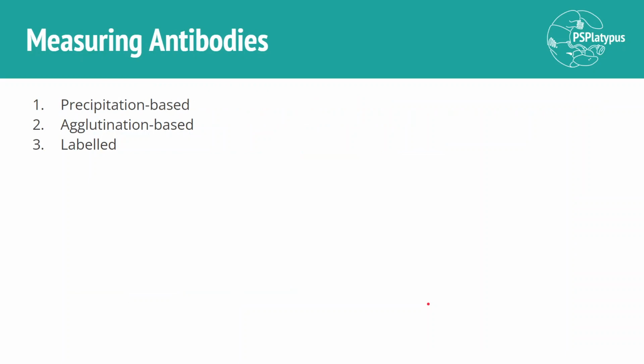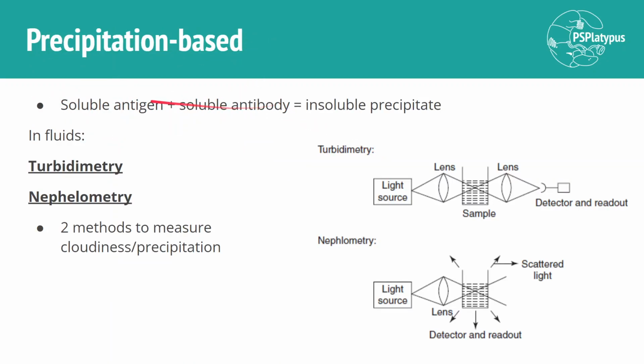Okay. This is going into the diagnostic capability of a monoclonal antibody. So when we see antibodies in the blood, for example, we can measure antibodies in the blood through three different ways. Measuring antibodies isn't the best title here, but I hope it makes sense as we go forth. So, in precipitation-based analysis,